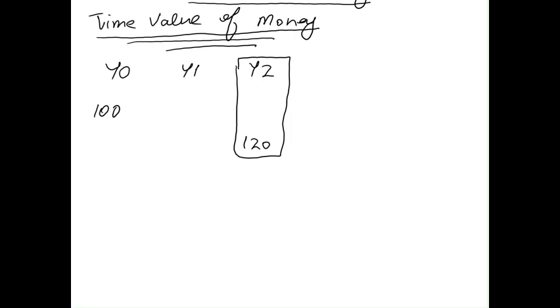Now, what you can do instead is take this $100 and put it into your savings account, let's say. And let's say your bank offers you 10% interest on your savings account. So what is going to happen is, at year 1, you put $100 into your account and the interest rate is 10%. So you'll earn $10, and after year 1, you will have 100 plus the $10,